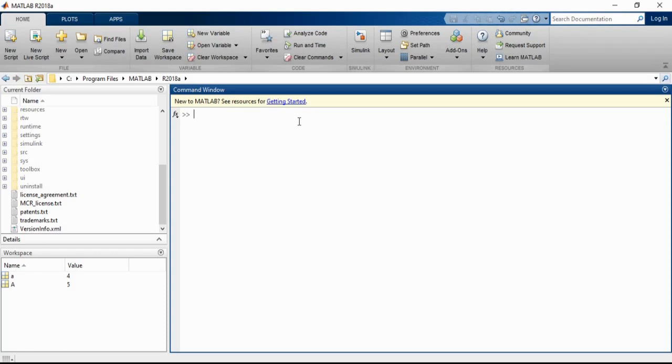Whenever you are entering multiple values, they should be entered in square brackets.